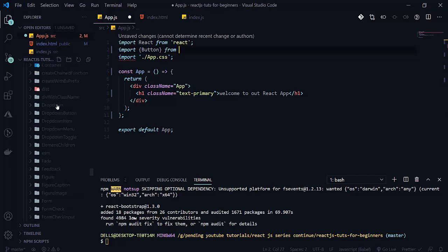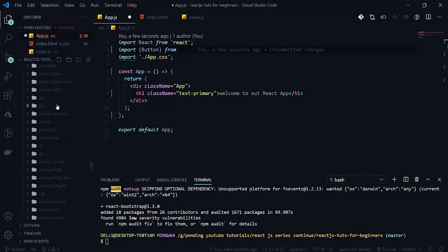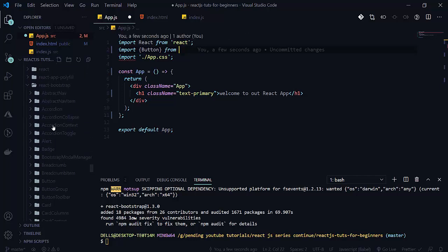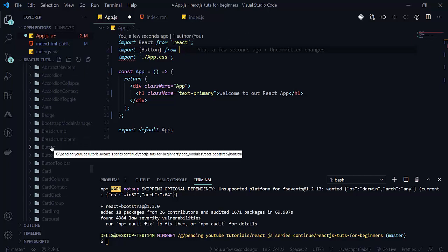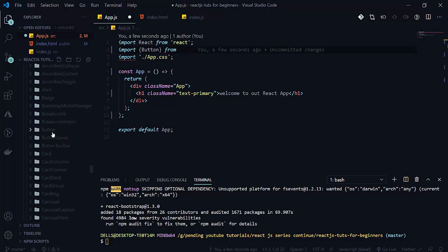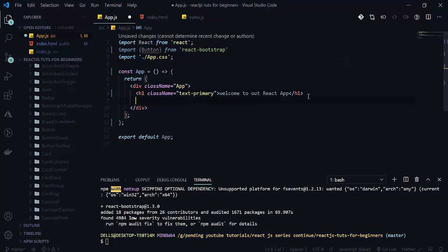So when I go here, see that here is our React Bootstrap, and in React Bootstrap there is a button. So we have to import that: import Button from React Bootstrap. See that, we will be using Button here, like this. So let's save this.